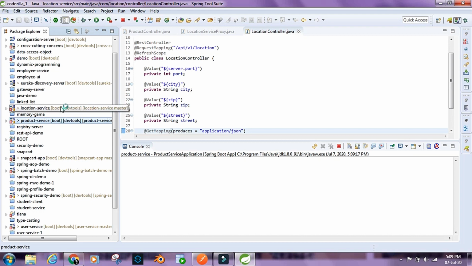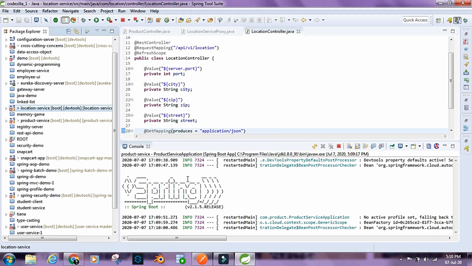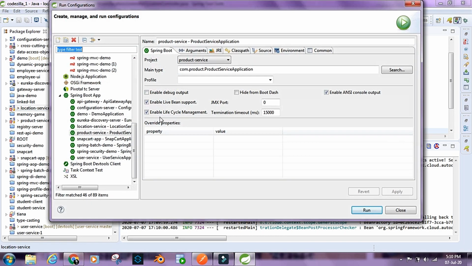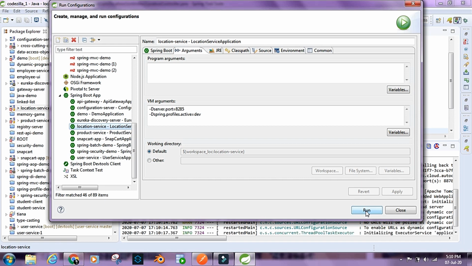and let's start up location service as well. So again we'll be having 2 instances of location service running inside the microservices ecosystem. So again right click, run as, run configurations, select location service, go to arguments. Let's keep it as 8285 and click on run,